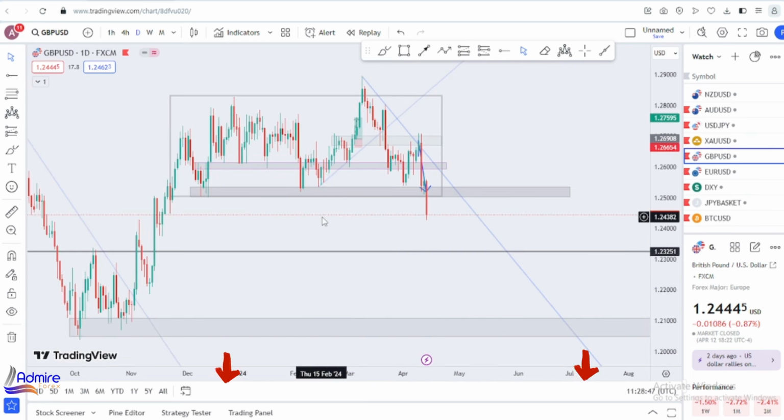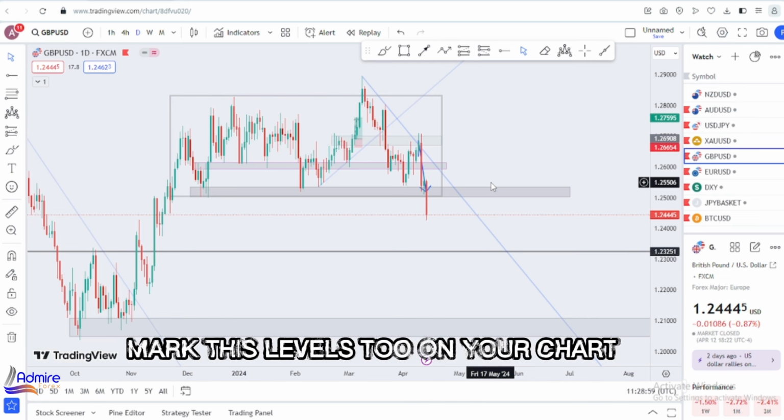Okay, so if you understand the trend, you can know how to anticipate levels and areas in which you can make entries. So that's why I always tell you guys, do well to mark out these levels. Okay, these rectangles you see on my screen, mark them out, same on your chart.